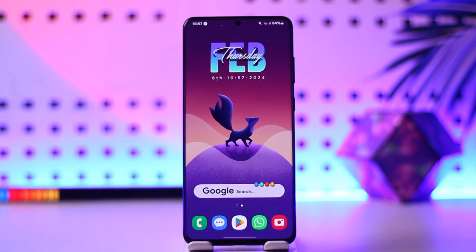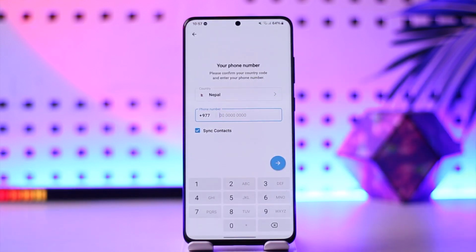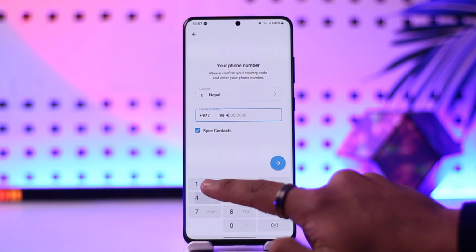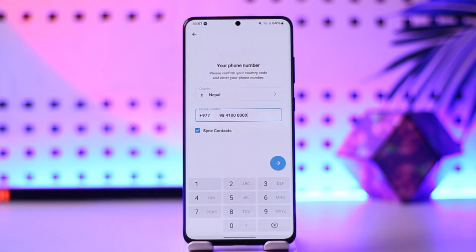So if you would like to make a Telegram account without a number, you can see if I open up Telegram, right off the bat the very first thing it asks me to do is to simply enter my phone number over here. So there is no other option other than entering my phone number. You can see we don't have the option to use a Gmail or create an account with a username or something like that. But don't worry, because there is still one thing that you can do, and that is to simply